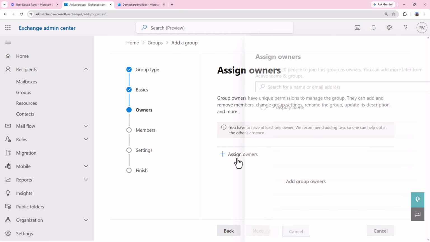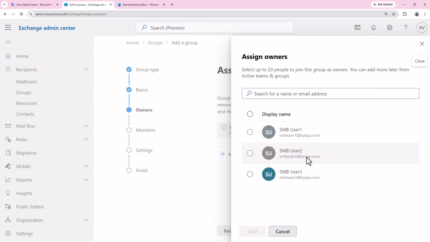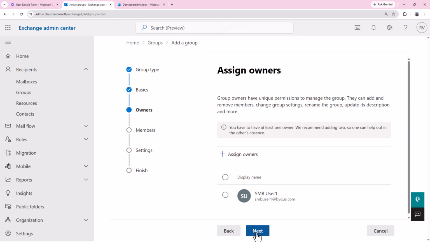Click on next. Owner, you can select an owner from here. Anybody who has got the Exchange license can be the owner. So let us see, SMB user 1, I'll make it the owner. Just keep in mind SMB user 1 is the owner for this group. Add,